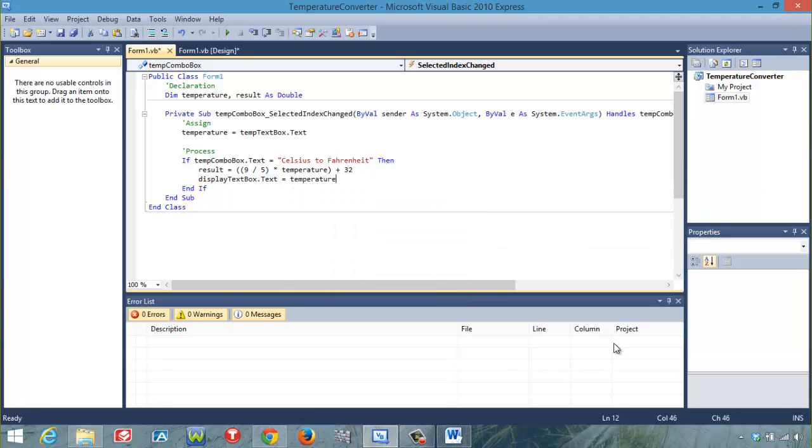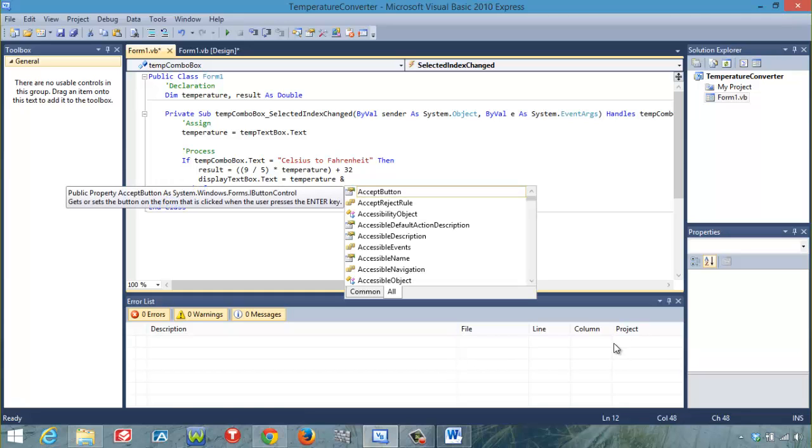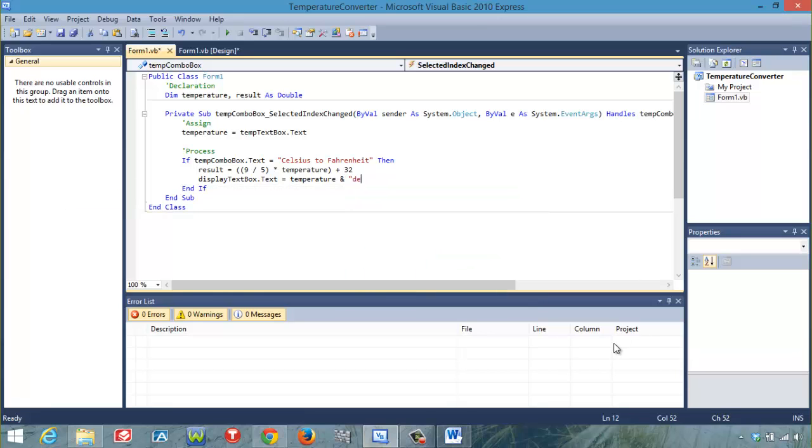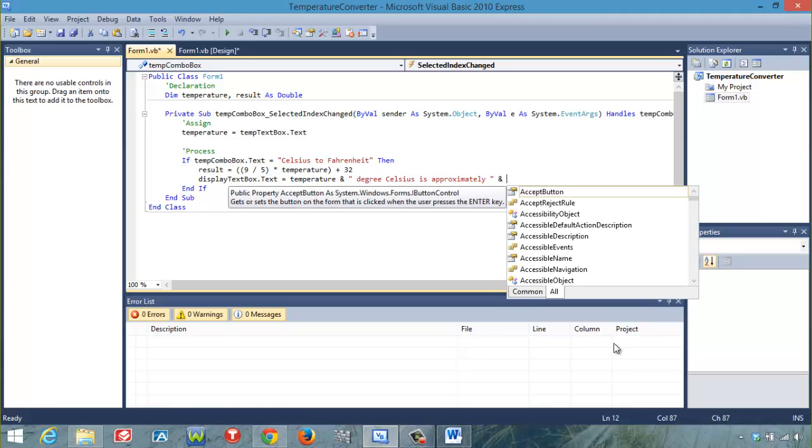temperature, and we use the concatenation symbol. The concatenation symbol is on your keyboard. Whatever degree you put, degrees Celsius, because it's in Celsius already, is approximately, we use the concatenation symbol again, then the result,